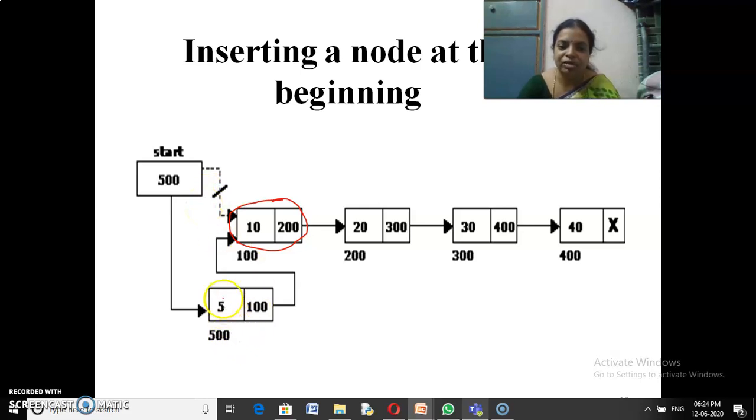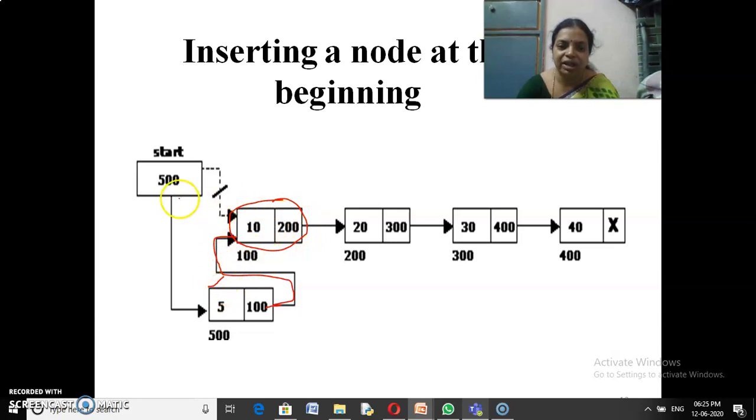Say, for example, I want to add a new node with the value 5. The first operation we need to perform is, the 10 node address is already at the start pointer, so we assign this 10 node address to the new node's next. That is, the new node's next becomes the existing start node.